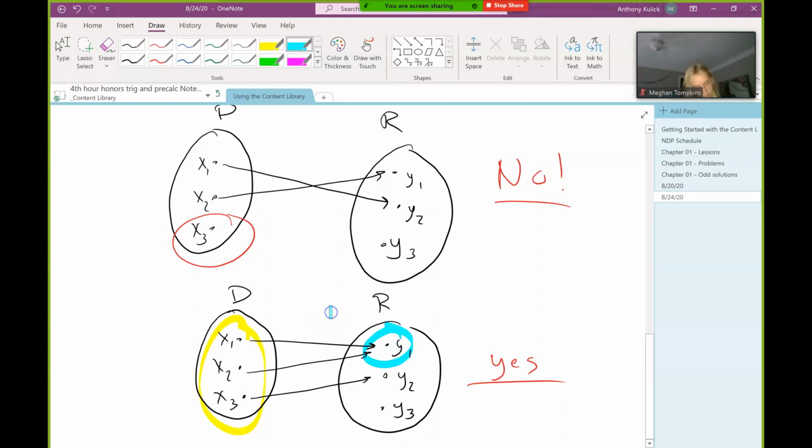Did it matter that this y was used more than once? No. Did it matter that this y wasn't used at all? No. We do have separate names when all the y's are used exactly once. We say that that function is 1-to-1. And when all the y's are used, we say that it's onto. So if the y's are used just one time, it's 1-to-1. If all the y's are used, it's onto. And if a function is both 1-to-1 and onto, that's a special thing.